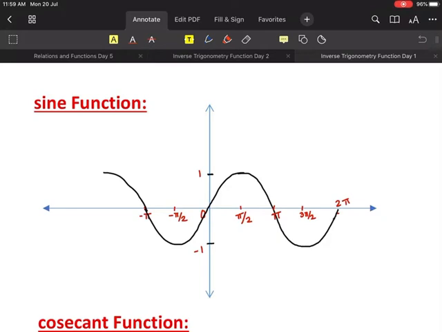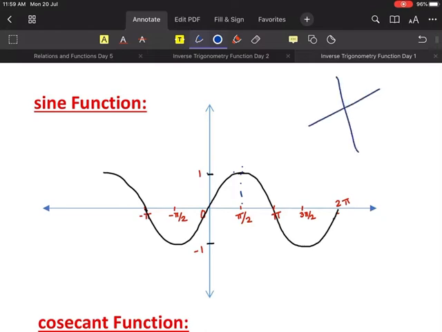The reason is, I will just think of the values of sine. What are the values of sine? Look at here. Sine 90 degrees, how much? 1, right? So sine pi by 2. So let's draw a line in here. This line cuts at this point, right? And this point will give you the value of this one. So that is 1. Okay.